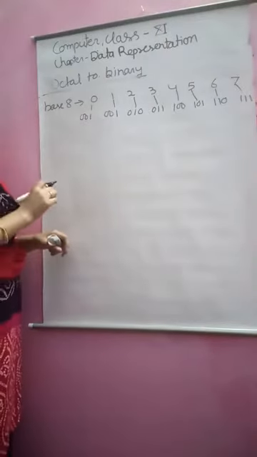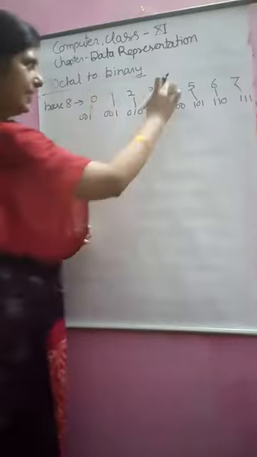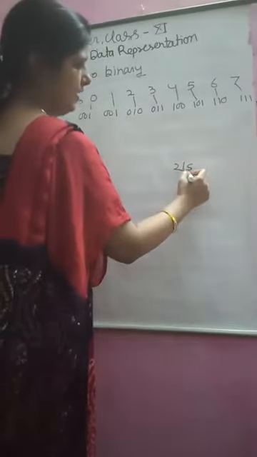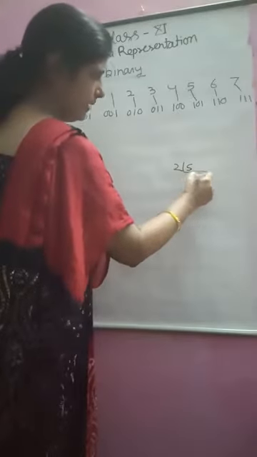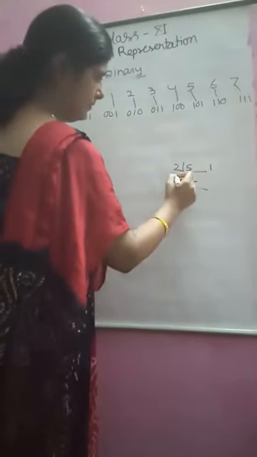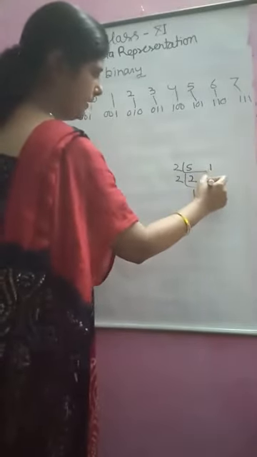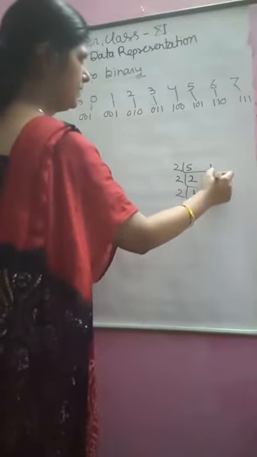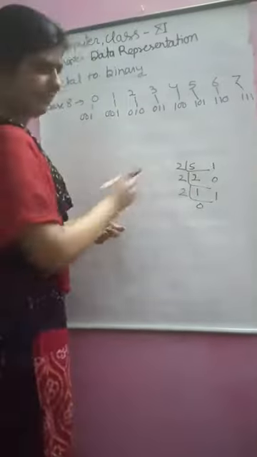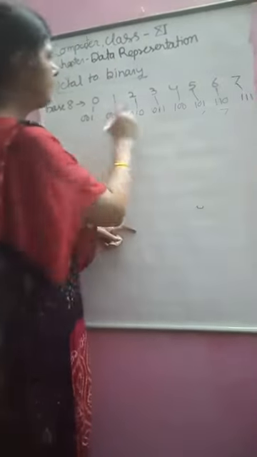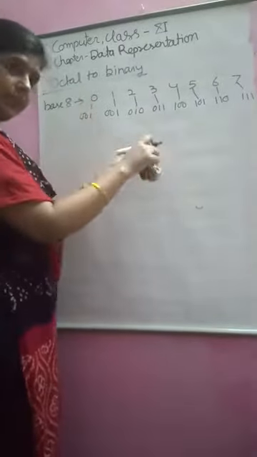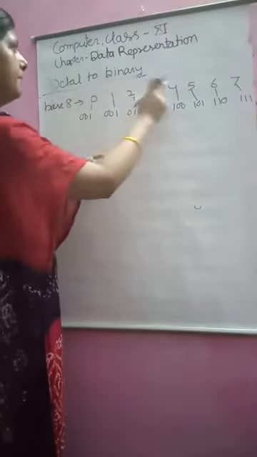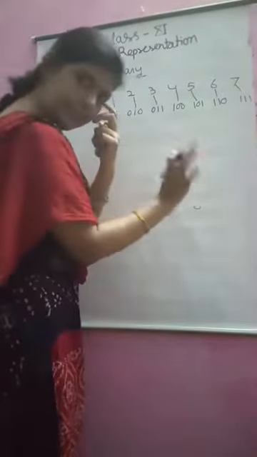If you have any doubt, convert it by yourself. Take 5 and convert it to binary. 5 divided by 2 is 2 times, remainder 1. 2 divided by 2 is 1 time, remainder 0. 1 divided by 2 is 0 times, remainder 1. So 1, 0, 1, that is 5. If any of you have doubt, you can convert by your own. Convert the digit to binary, and this number has this binary equivalent.